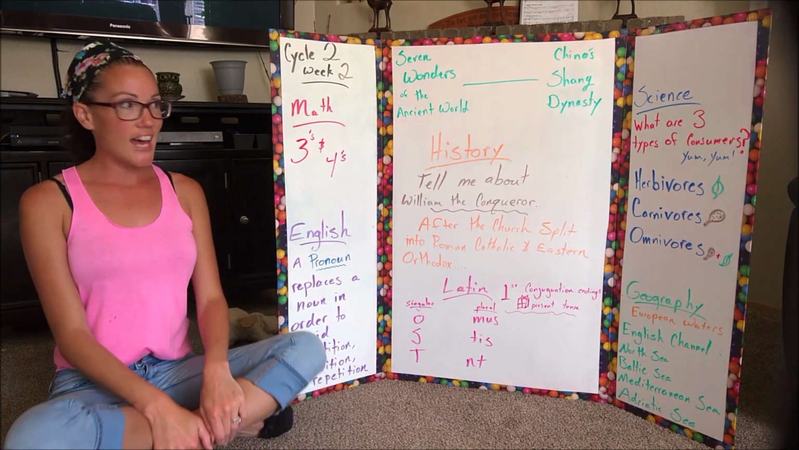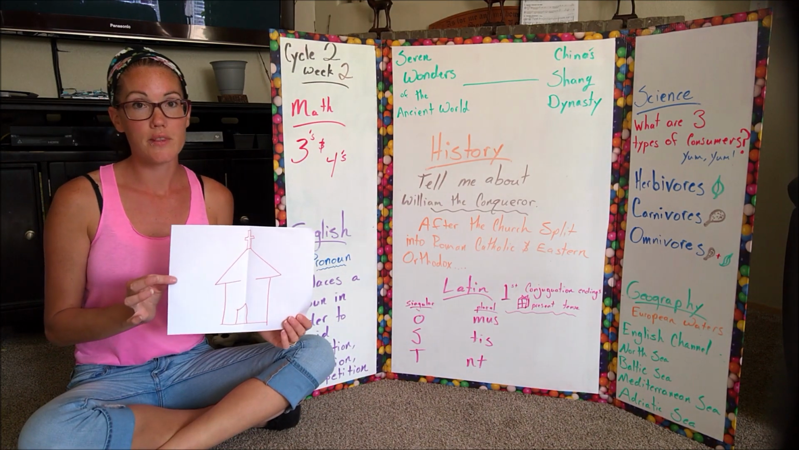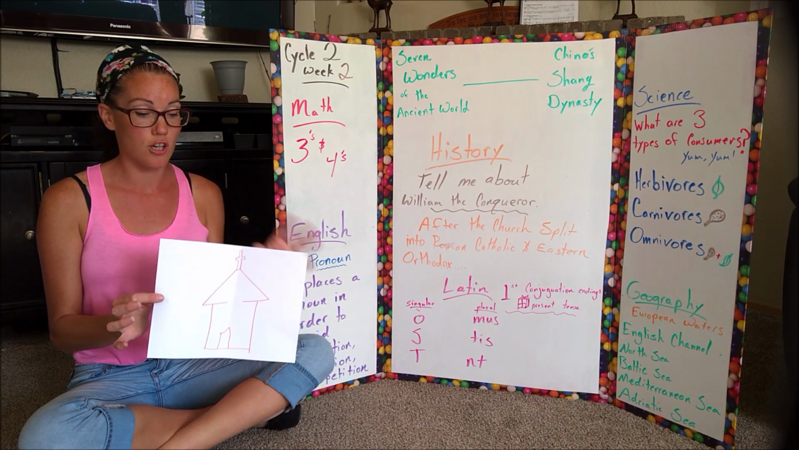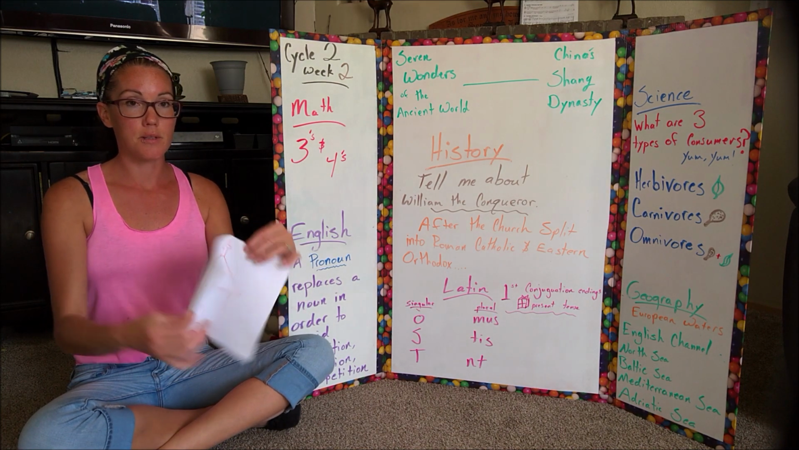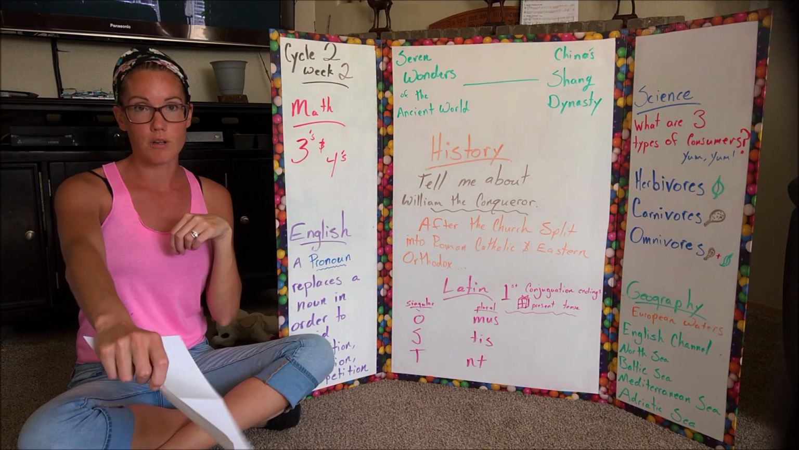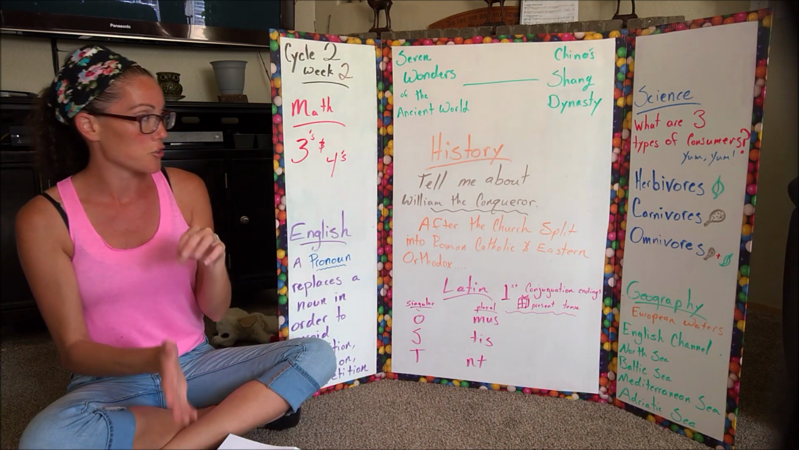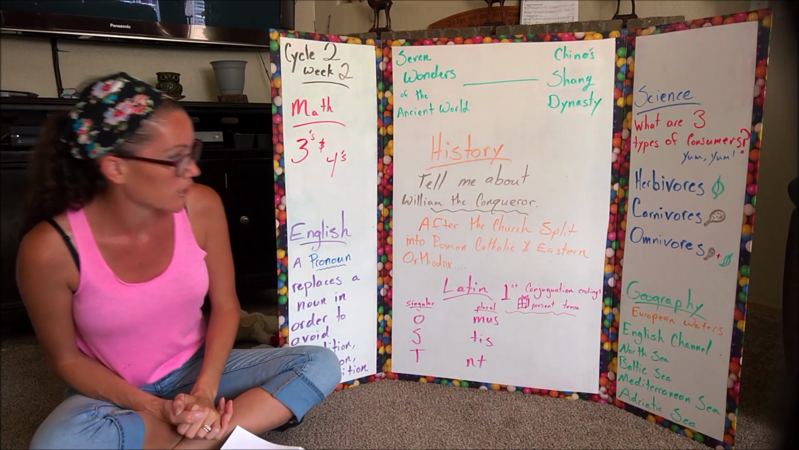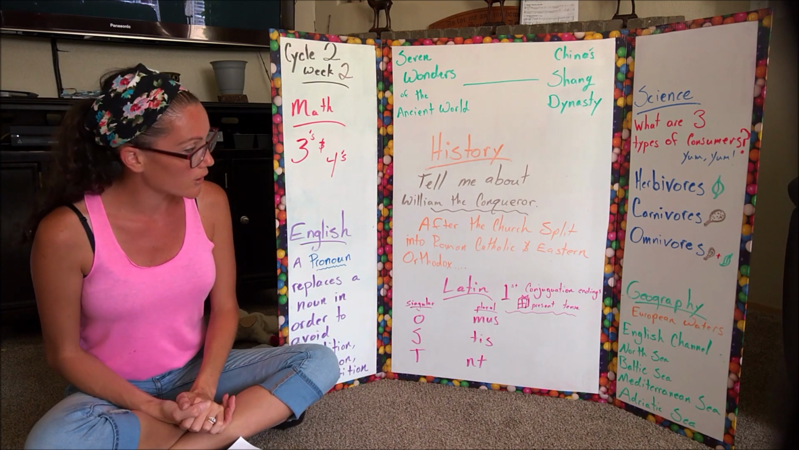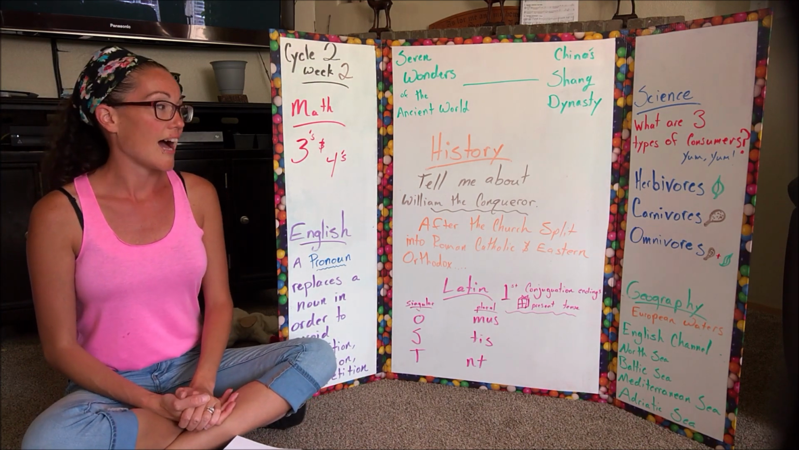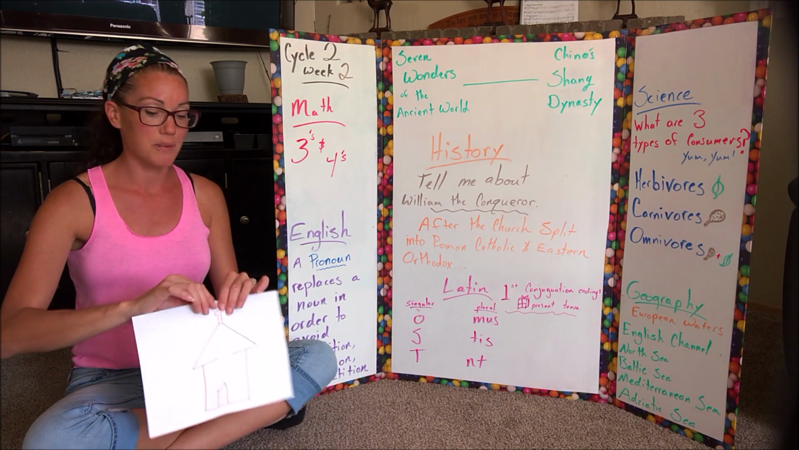History. Fixed that. Piece of paper with a simple church drawn on it and creased in the middle so that when we say split, we can rip it and split it. Hand motions for the rest. And this is what history looks like. Tell me about William the Conqueror. After the church split